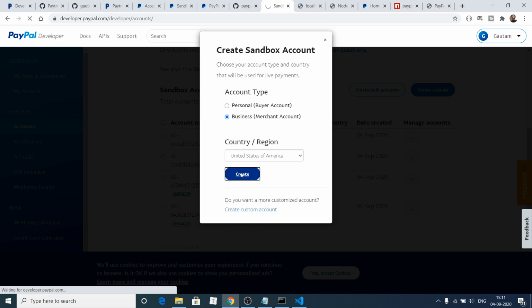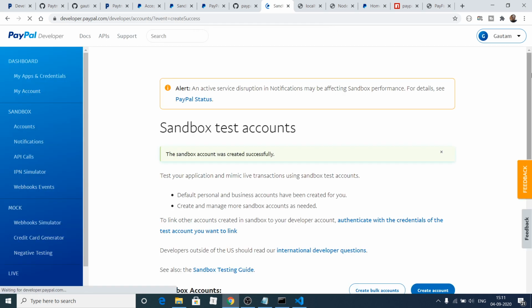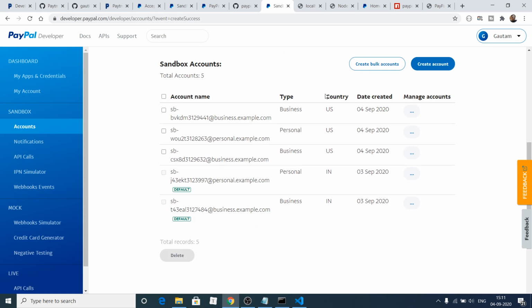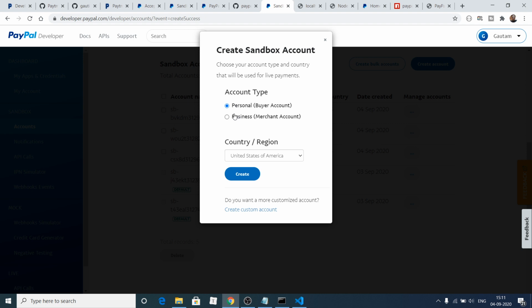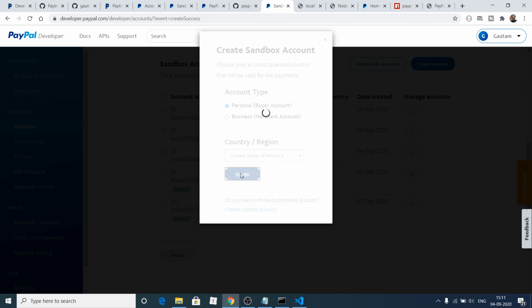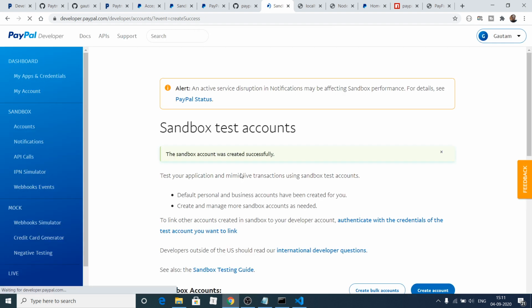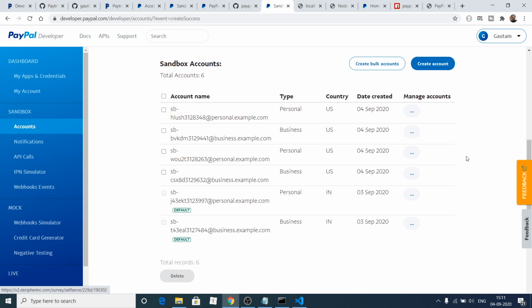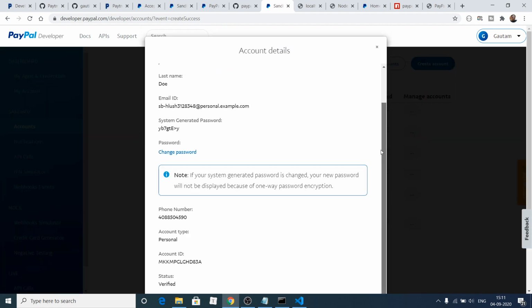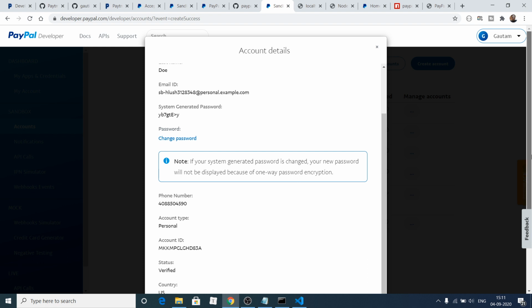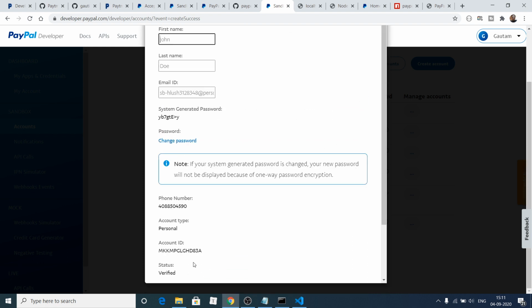So click on the create option. So this will create your business account, you will see. And similarly you can create your personal accounts also like this. Click on the create option. You can even change the email address and password by clicking on this edit button here. So here it will give you all the details. So if you just see, if I drag down, there is the edit option.